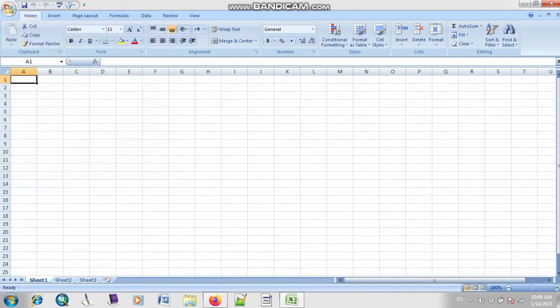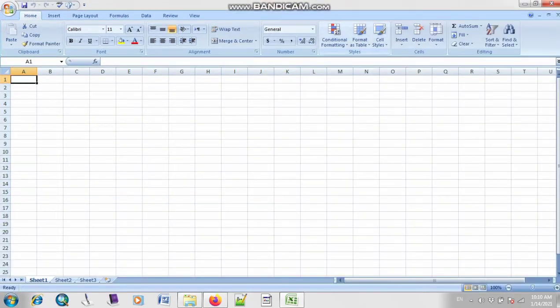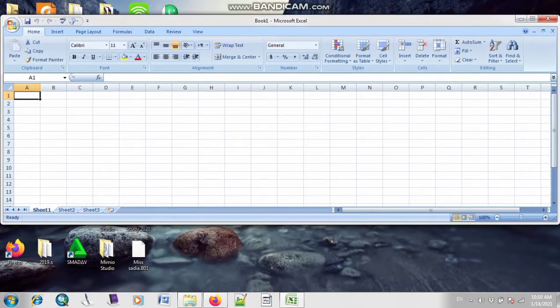So now let's see your title bar. As you can see on the top of your Microsoft Excel sheet, there is a bar with the button of cross. Maximize, what will maximize do? Right, it will resize your worksheet. If I click on this option, you can change your size and adjust to your screen.